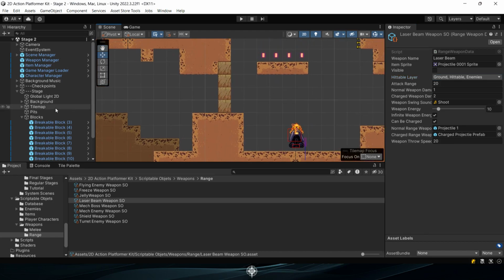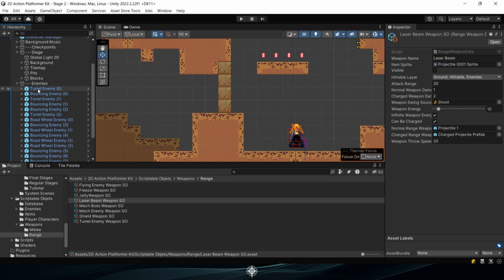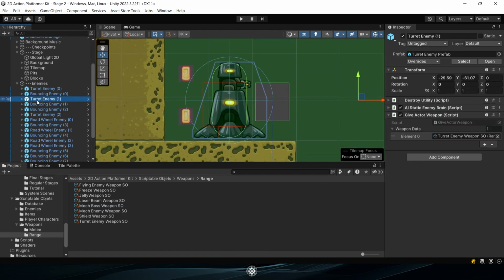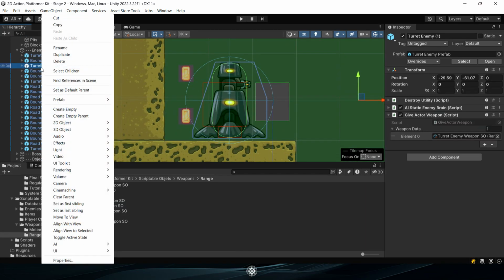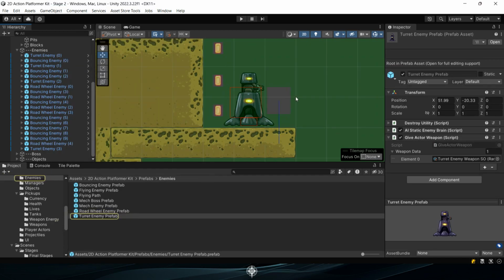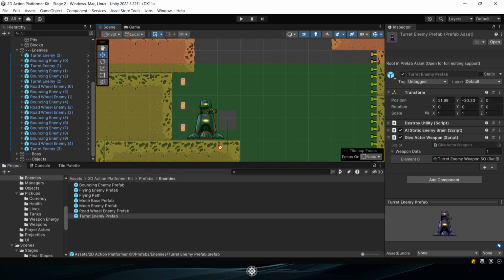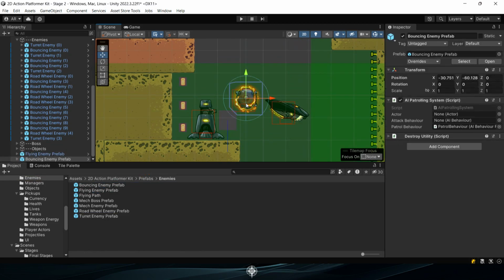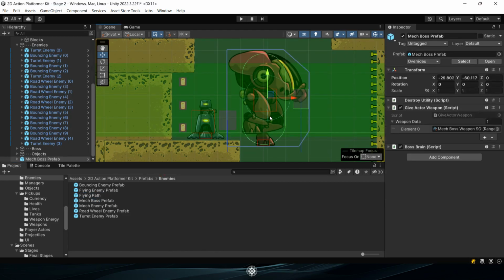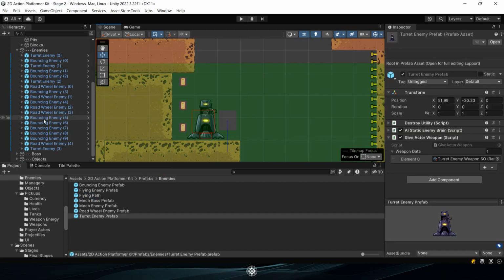and delight players. Continuing with our stage setup, let's focus on the enemies object. This game object is a container for all the adversaries players will encounter within your stage. Adding an enemy to your stage is straightforward. Navigate to the Prefabs Enemies folder, and from there, you can easily drag and drop any enemy prefab into your stage. Similarly, incorporating a boss enemy follows the same process, with an added step to ensure the stage concludes upon